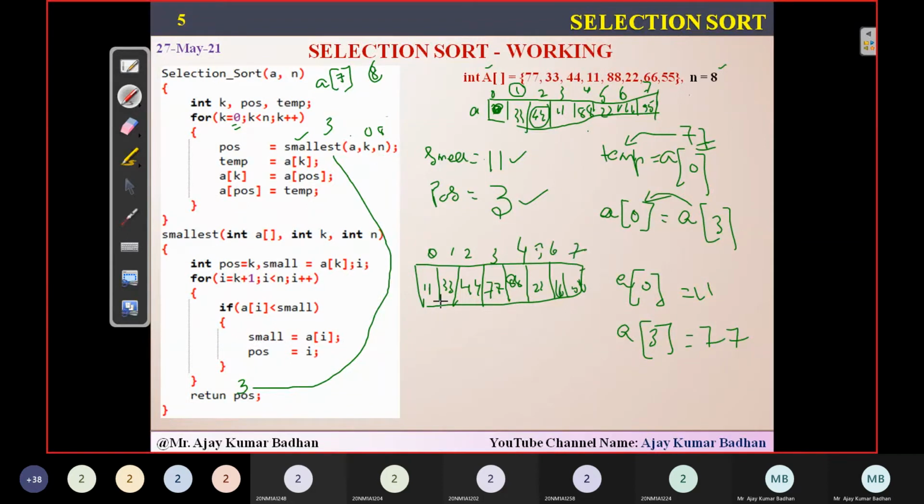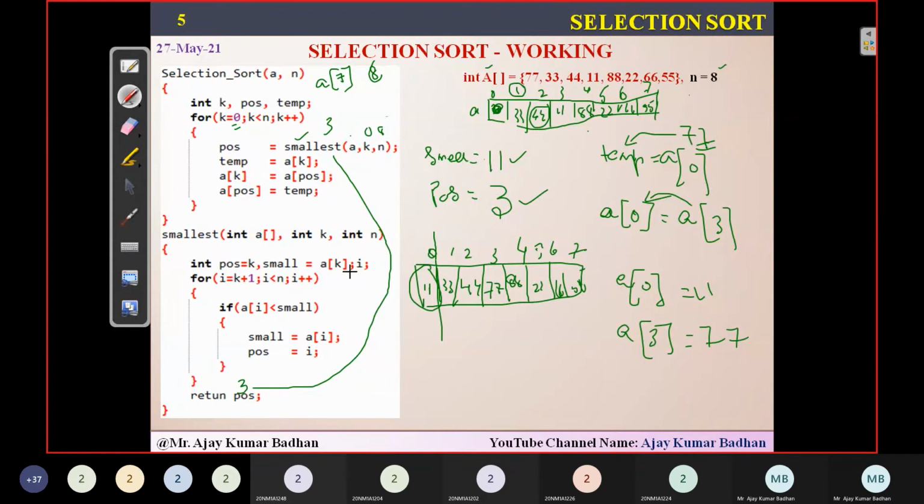Now you people can see here the first position has got the first smallest element present in the array. Now this time there will be a wall here. So this is a sorted one. Now we will be selecting this position, and for this position, we'll find the smallest element. After that, what will happen?